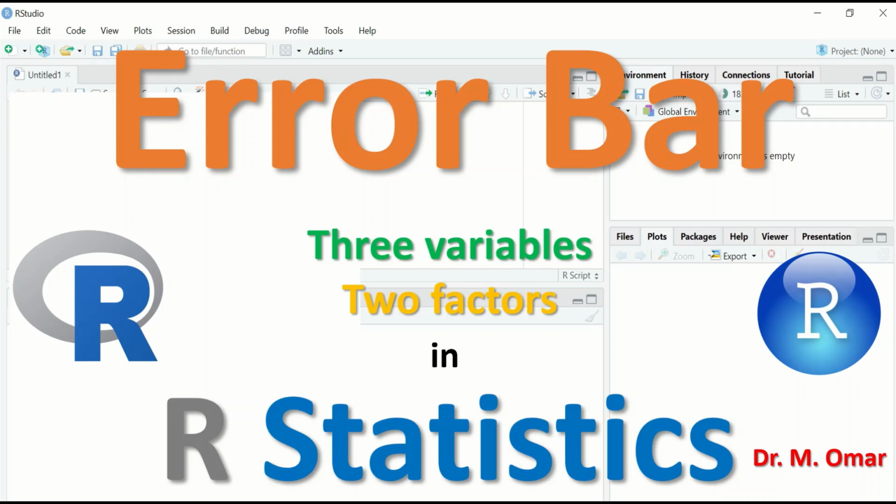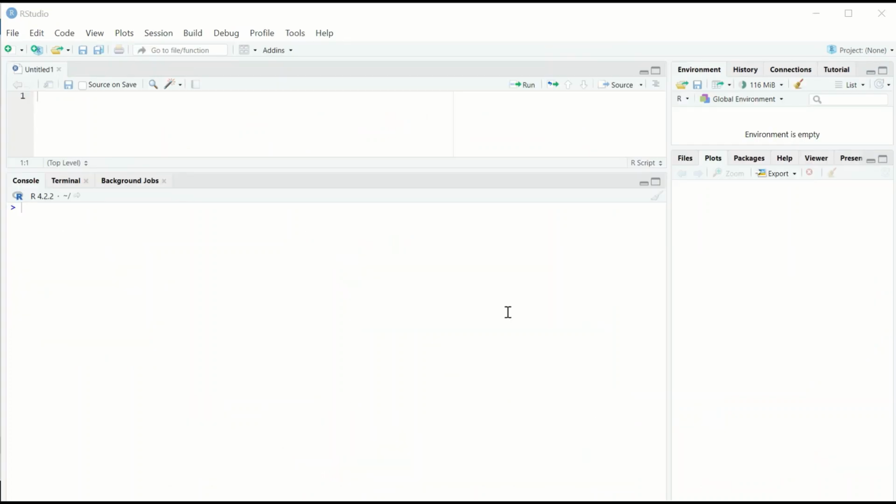Drawing an error bar in R statistics when there are three variables and two of these variables are factors, i.e. categorical, they have groups in them, and the third variable is a continuous variable or a scale variable. Launch RStudio, and in RStudio the first step is to load the